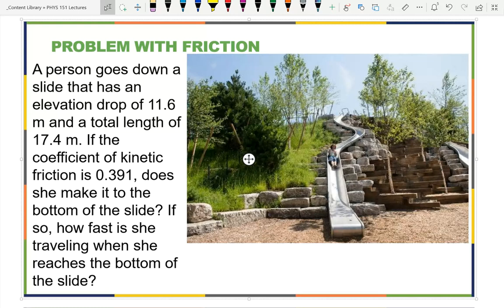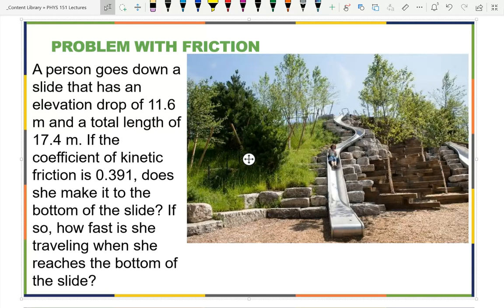So I don't think we're going to have time to solve this problem. Let's think about how we would solve it. So what's the first thing you would do? Free body diagram. Not free body here, because we're doing work energy method. Just draw a diagram. Draw a diagram, and what shape should you make the slide? Yeah, make it a straight slide. It doesn't tell you what the shape is. So we're going to say, based on what they told me, this could be a potential. So you make a straight slope, and then the answer comes out the same if you do things differently for the most part,